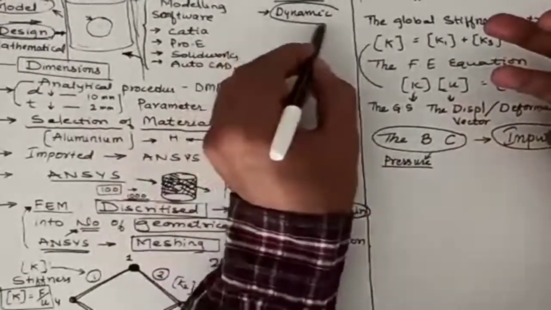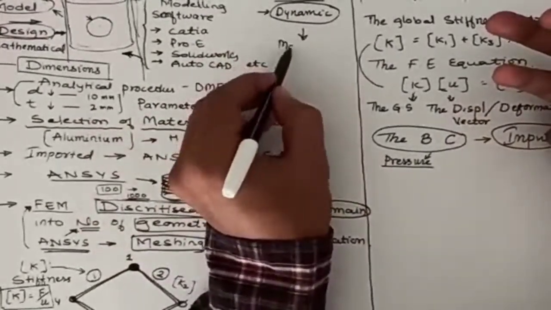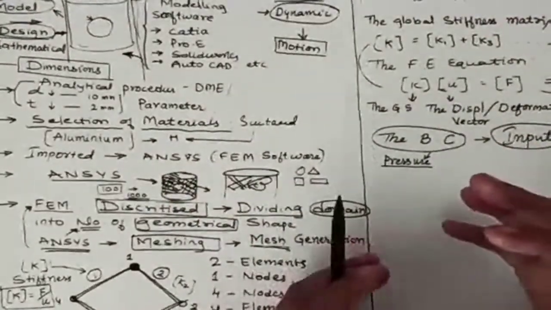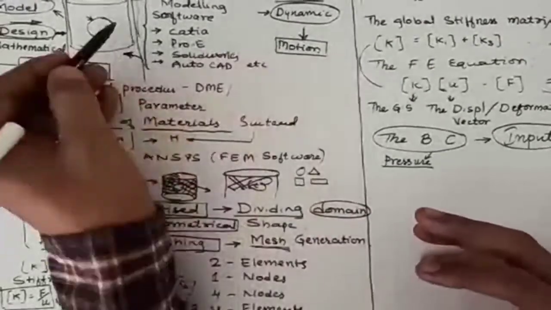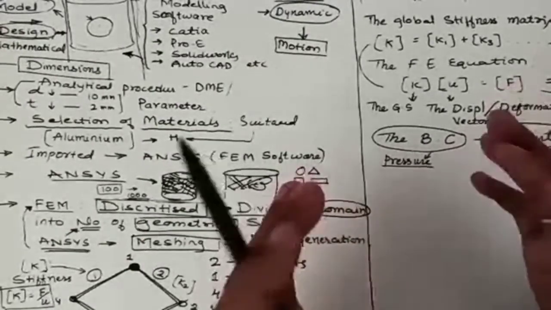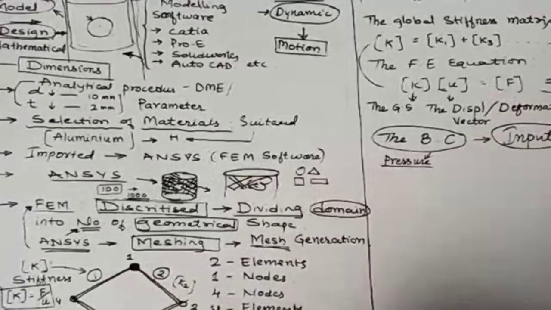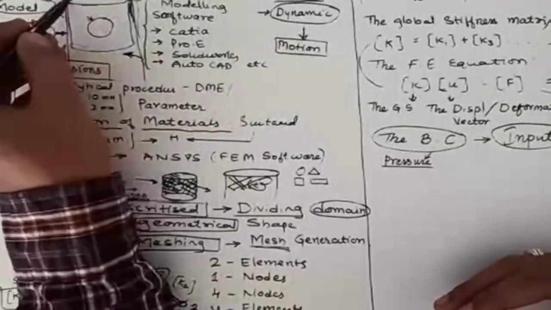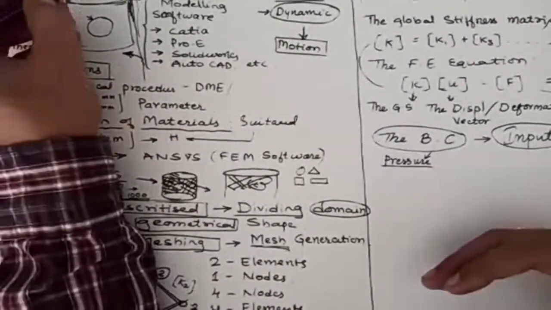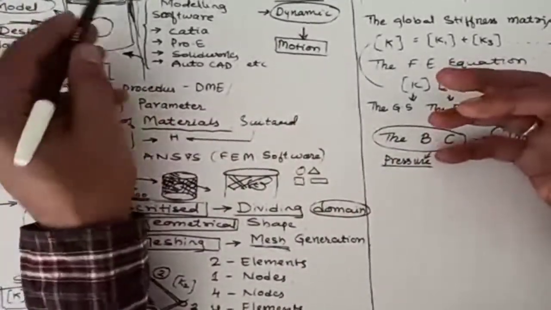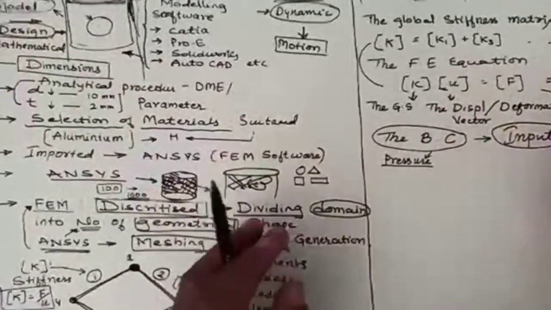And in dynamic, the body will be under motion. It means it is under working conditions, and in that case we are going to analyze. You can make the piston analysis when it is in motion, going up and down, and identify how the piston works, what the maximum stress is, where it gives the maximum displacement, and what the maximum temperature is. Because there will be a spark plug at the top, how the temperature is distributed at the top end, all this we are going to analyze.